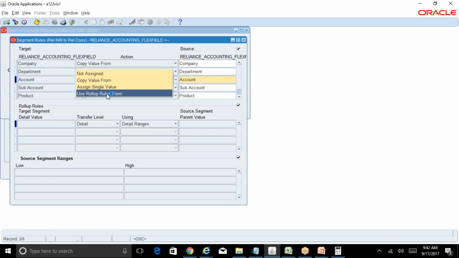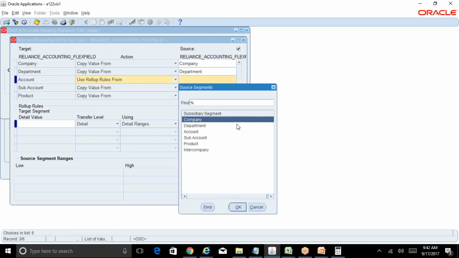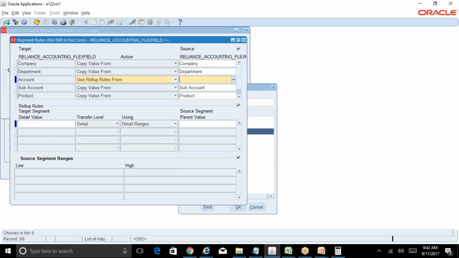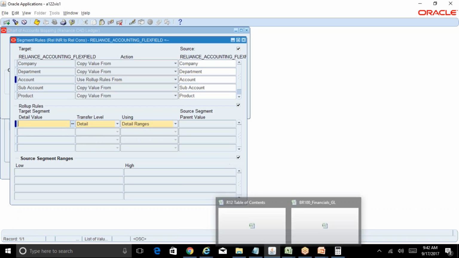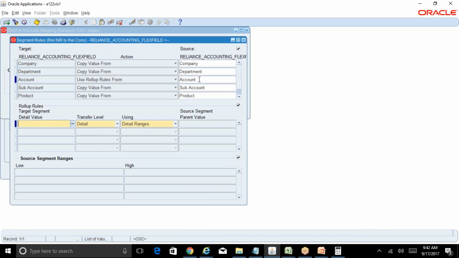There is something called use roll up rules from. We have covered all this. So when you go for use roll up rules from, what will happen is you can give a kind of a range. This is generally used when, within the chart of accounts, one of the accounts is using a different value set. So in this scenario, what will happen is you can say that,